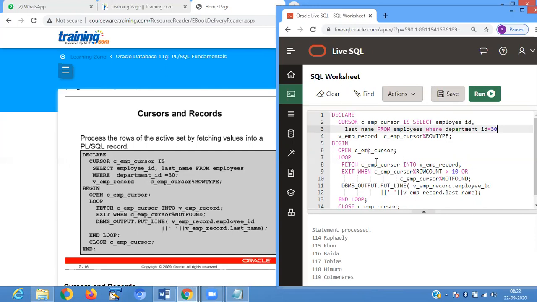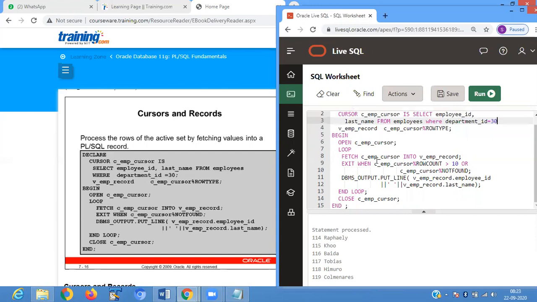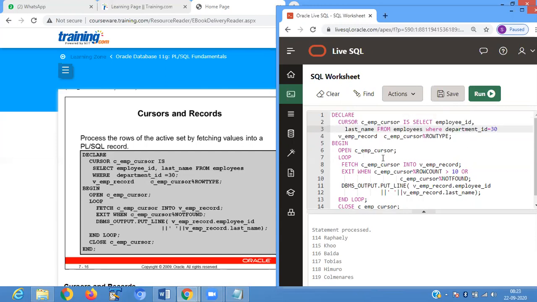Begin, open cursor, then loop, fetch C_employee into B record. So it retrieves a record and stores it in a cursor, then stores it into a record.